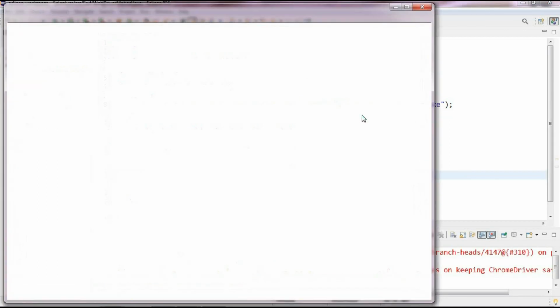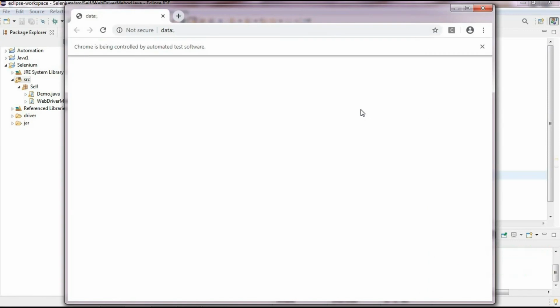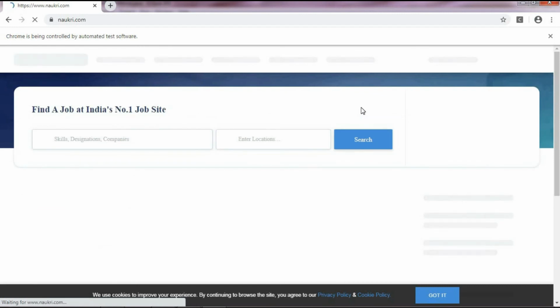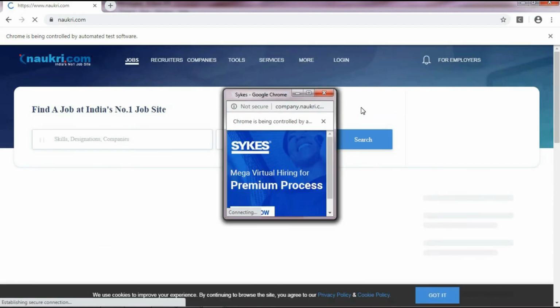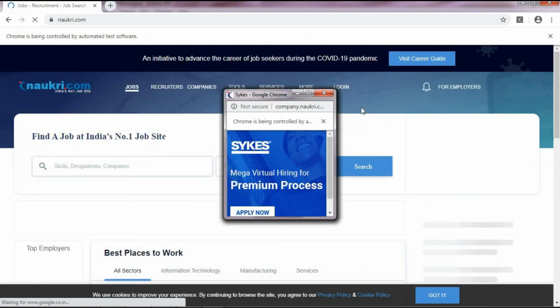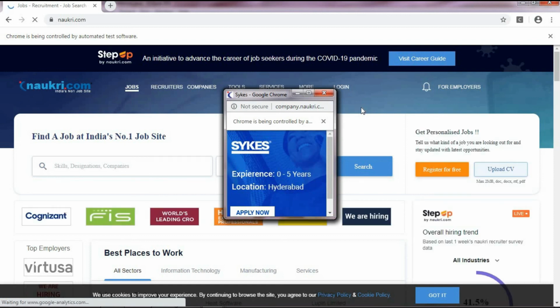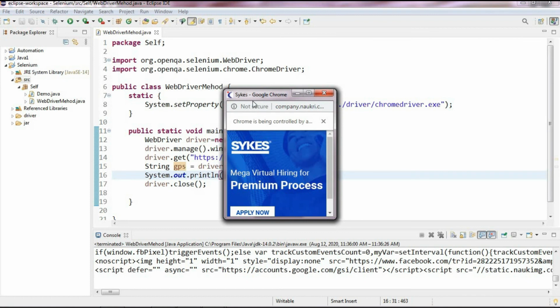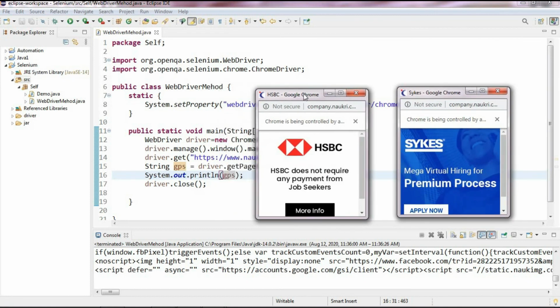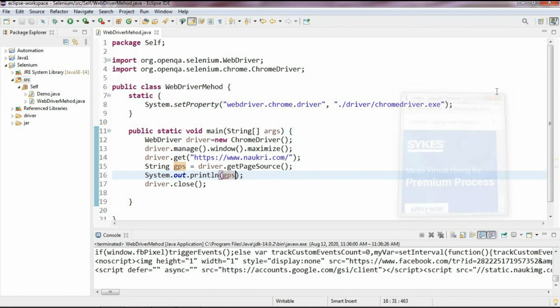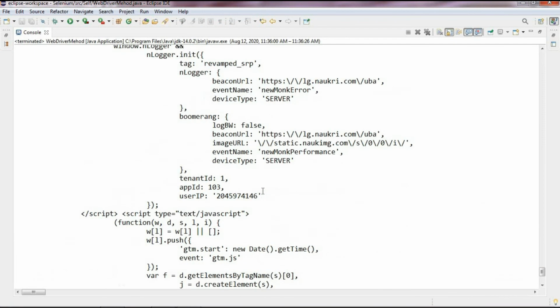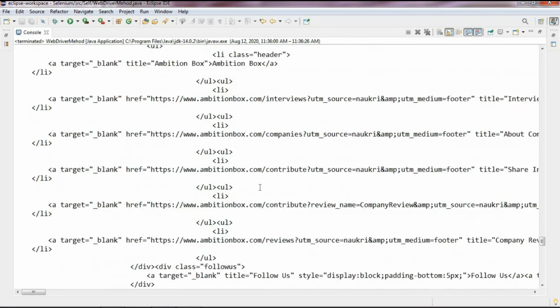It opens a Chrome browser, maximizes the Chrome browser, enters Naukri.com and closes the browser. Here you can see another child window of Naukri.com. I closed it manually, and here you can see the page source of Naukri.com. This is the page source of Naukri.com.